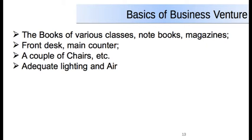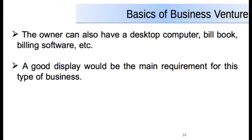The front desk or the main counter for the sitting arrangement, a couple of chairs, and adequate lighting and air. The owner can also have a desktop computer, a bill book, or a billing software for the purpose of registering the sale. A good display would be the main requirement for this business. In the stationery and bookshop business, as we see commonly in the stationery and bookshops, there is a lot of